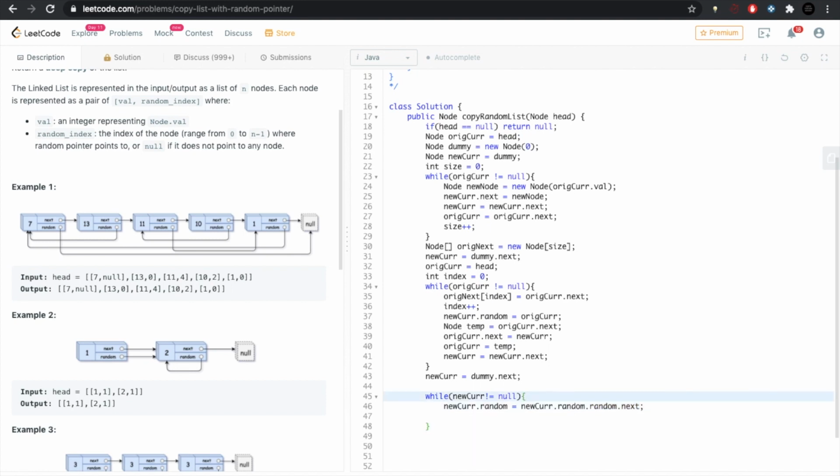So we are going to add a conditional here. So if the random is null, what we will do here is we'll just point new cursor's random to null and move the new cursor.